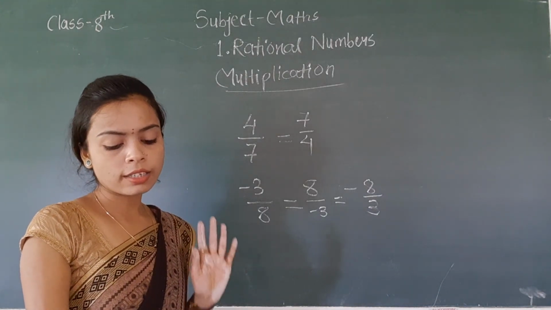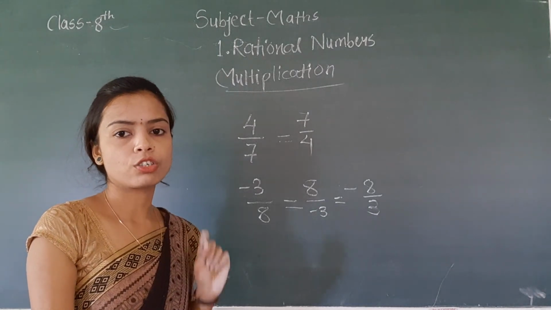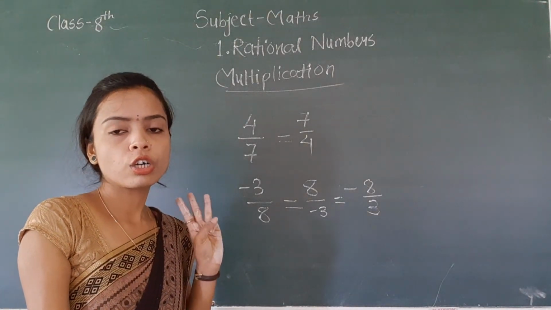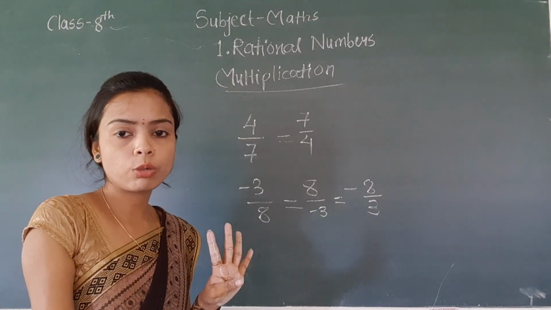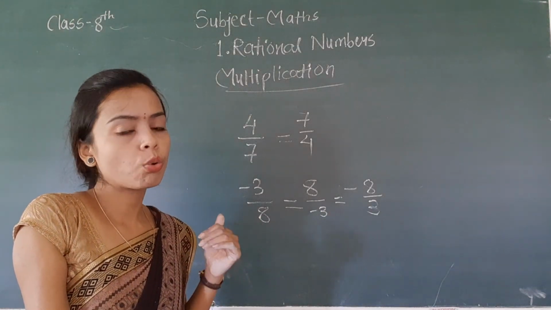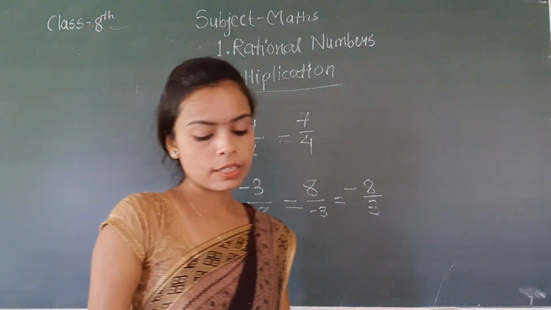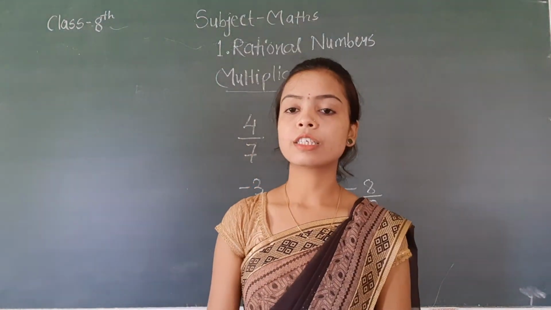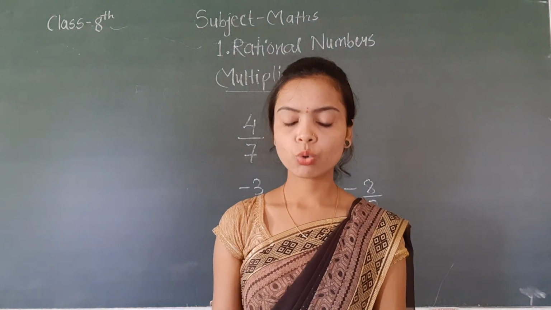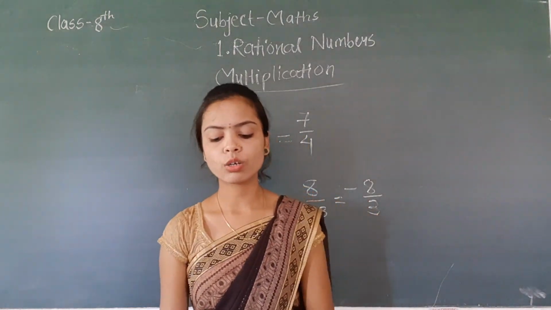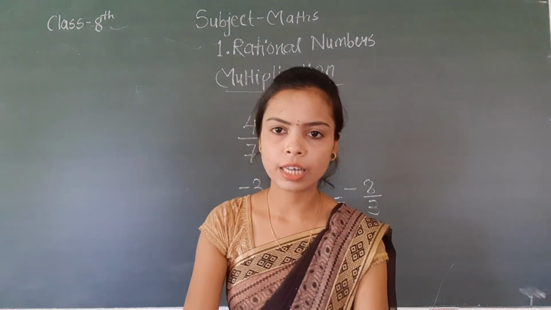So these are the 6 properties of multiplication, that is closure, commutative, associative, multiplicative identity, multiplication with 0, and multiplicative inverse. Okay. Now there is a property we call the distributive property, which I will tell you in the next lecture, and we are doing the exercise 1C in the next lecture.